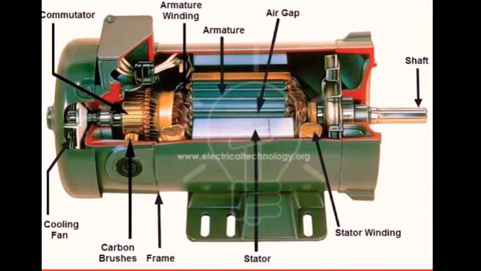And in this figure we also show the cross-section image of a DC machine, and these are the parts of a DC machine. And in any type of machine, if we consider an induction machine, at that time the rotor armature is known as the rotor, and in an induction machine we do not use a commutator because it operates on AC. We provide AC and as a result we get AC.